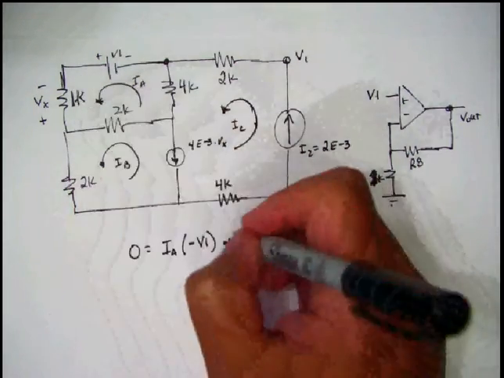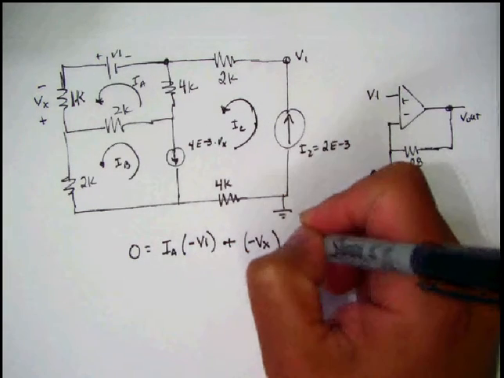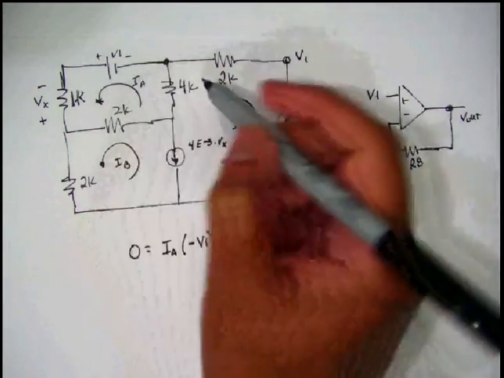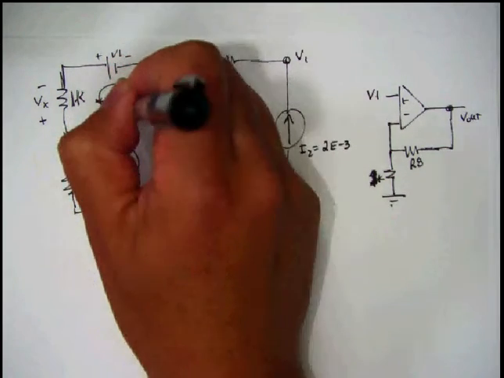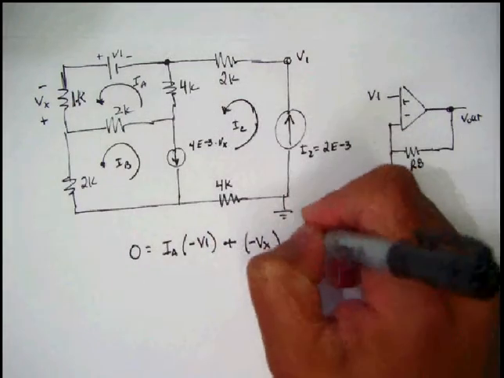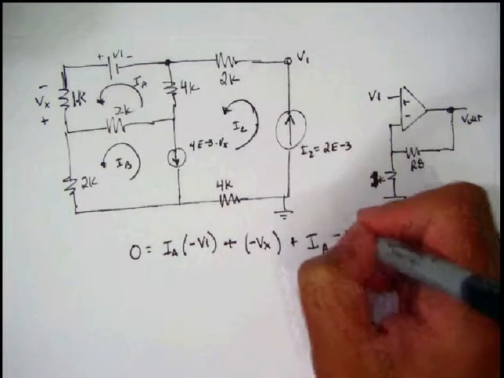The drop is negative Vx plus, when it goes through here, the drop in voltage is the current going through the 2K resistor, which we've got IA, but then we've got this current coming back the other way, so it's negative IB